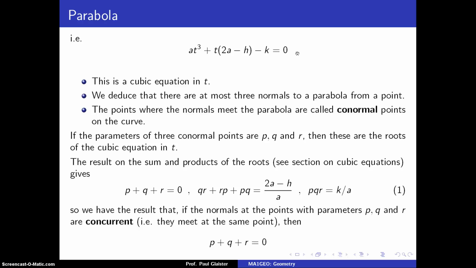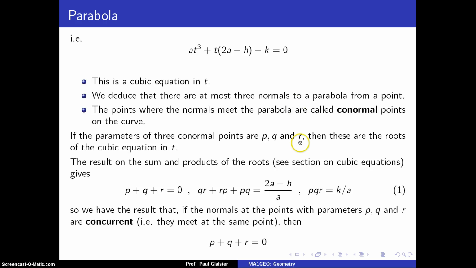So that's the most number of normals you're going to be able to draw from a point in the plane to the parabola, and when you can do that, those 3 parametric coordinates will satisfy this cubic equation. Now let's suppose that those 3 points on the parabola have normals which pass through (h, k) and hence satisfy this cubic equation, have parametric coordinates p, q and r, then p, q and r will be the roots of this